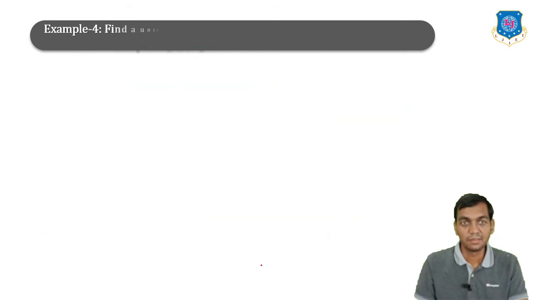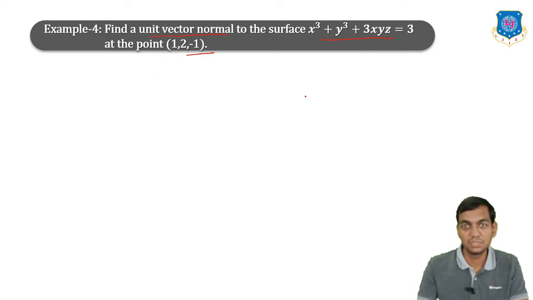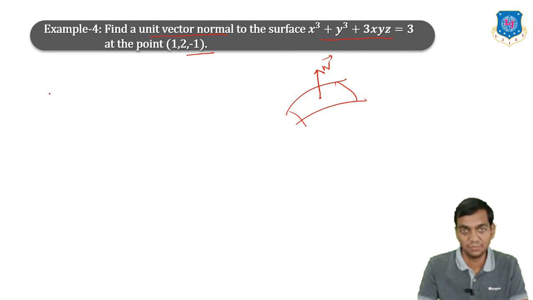Okay. Now, find the unit vector normal to the surface at this point. Now see, if you are finding the gradient, then the gradient gives you the normal to the surface. That means if you have any surface and at any point you are finding the normal vector, you are finding the gradient, then the gradient is nothing but a normal vector. Okay. So grad phi gives you the normal vector at any point of a surface. So please remember it. Okay. So if you are asked for the normal vector, that means you have to find the gradient.